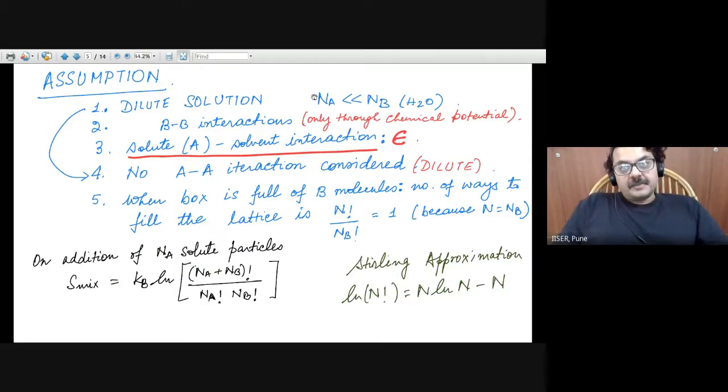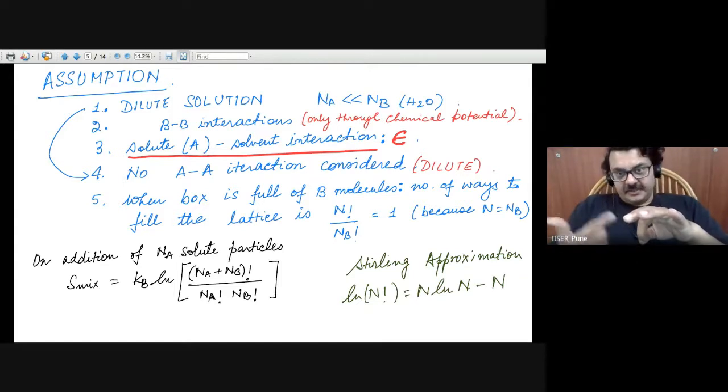So the number of A particles is much less than the number of B particles. Suppose B particles is water, H2O. And the BB interactions are incorporated only through the chemical potential. However, if you add an A particle in a lattice full of B particles, so basically the A particle is surrounded by B particles in all different directions,